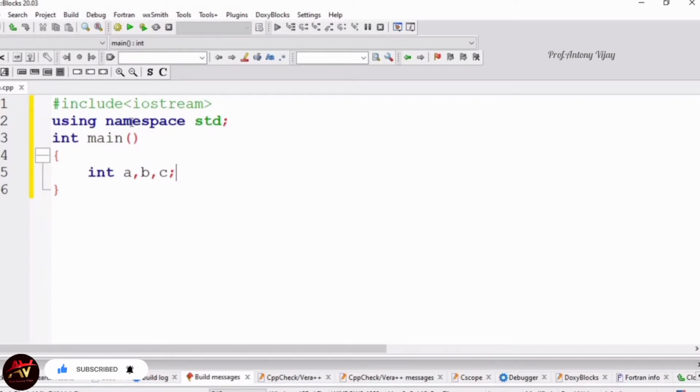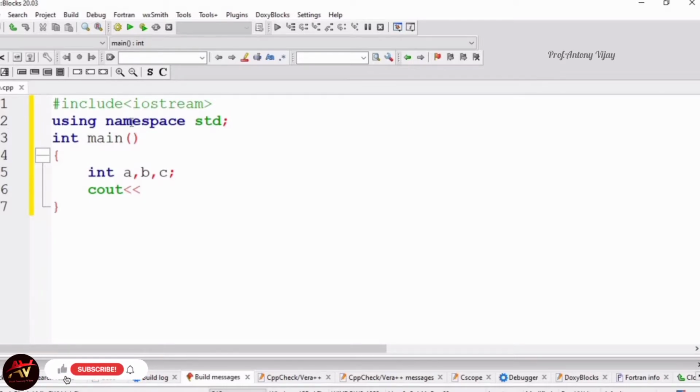First of all, I am going to explain the addition operation. Here I have declared three variables. It means I am going to do addition of two numbers, c is equal to a plus b. Before that I am using cout. Cout is an object of the output stream. There are two streams available in iostream, the input stream and the output stream. Under the output stream, cout is an object. Using this object we will print something on the screen.